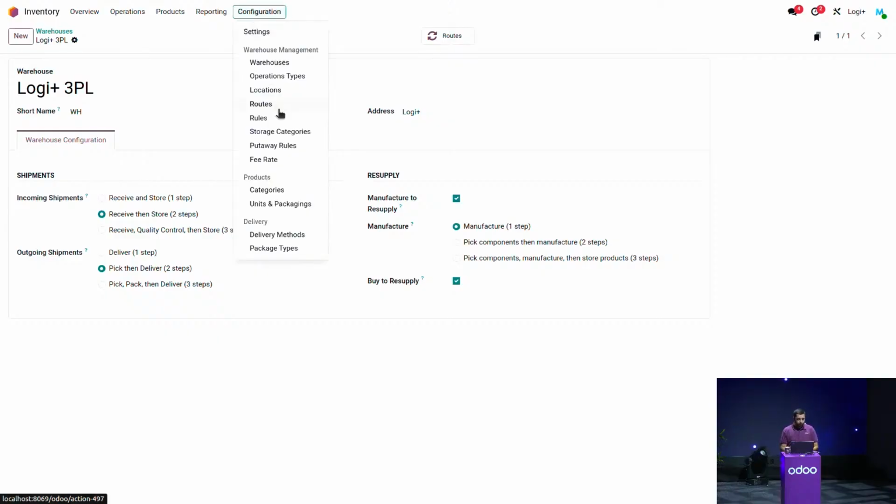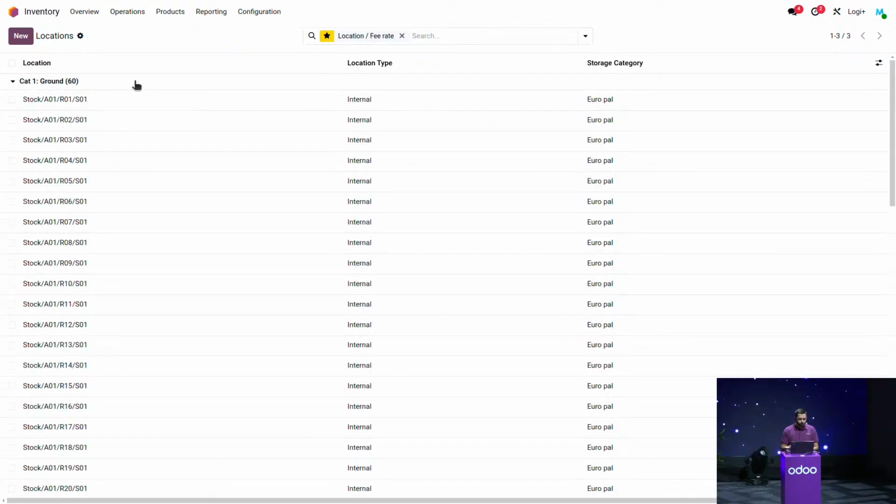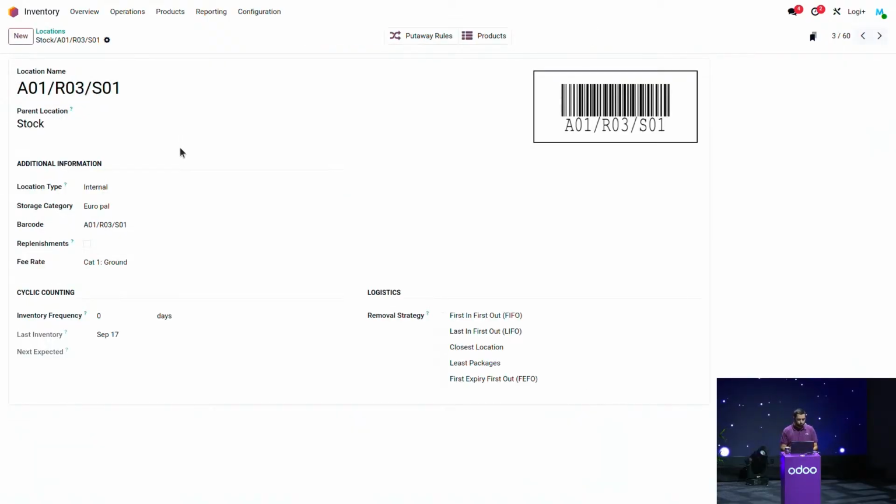Then another thing is about the locations. Now you have 2 kinds of locations here in this example. You have the ground and high base. If I take the ground, you can have, for example, this one. You have the QR code, the barcode, and then I can see that I have a fill rate. Fill rate. Okay, so this is a location that is in the fill rate 1, so for the ground,